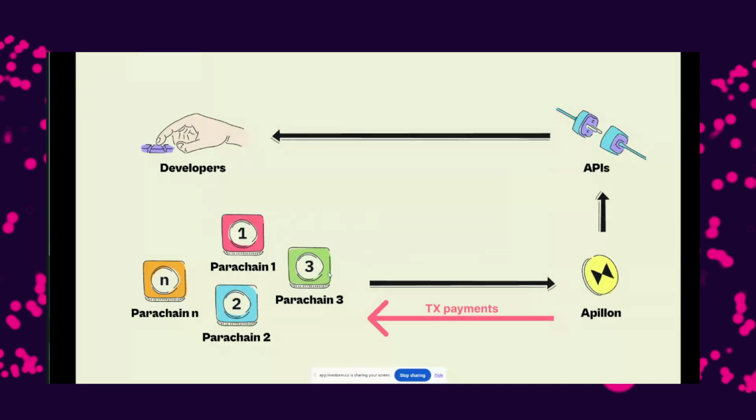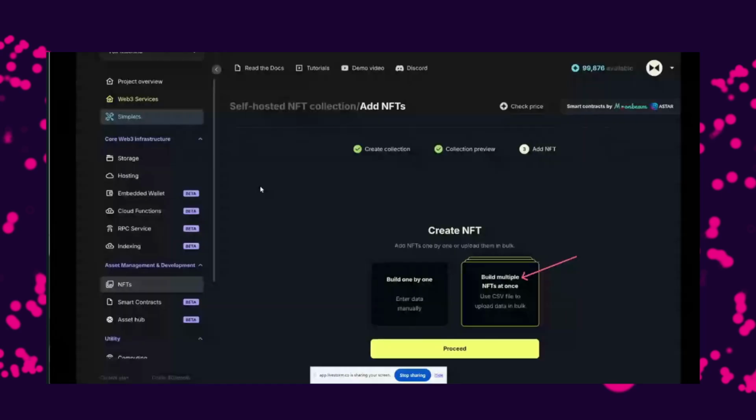So if Apple is built on top of different parachains, and we're now looking at the blue arrows, this is how we are deriving the functionality into Apple over APIs to developers. But now if we focus on the red arrow, this is where the transaction payments for those parachains happen. So it's something between Apple and parachains, while you guys can just keep on building and you're basically spending just credits.